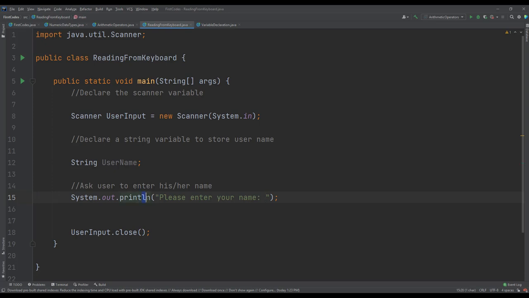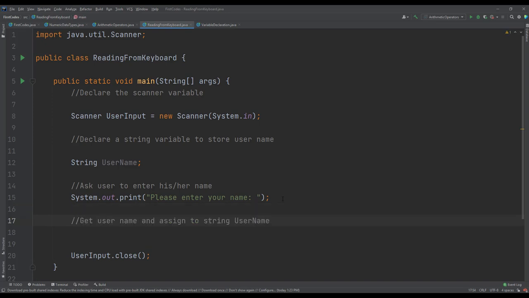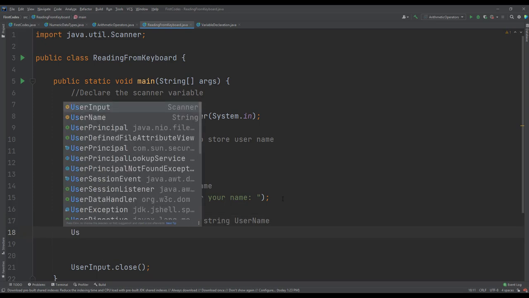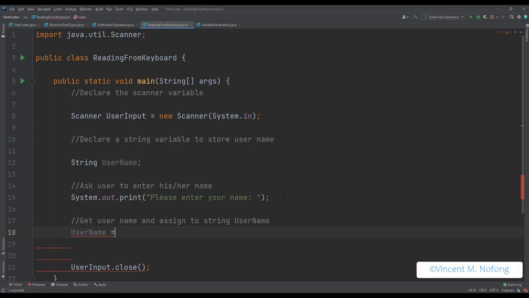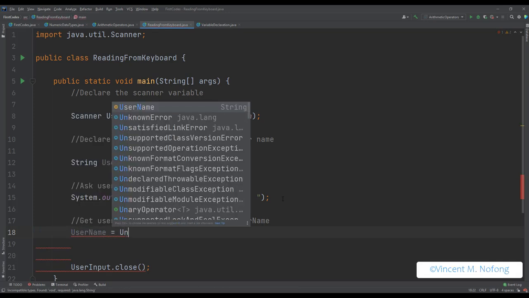And instead of println, I will make it print so that the user will enter the name on the same line where this will be displayed. So now we can use the scanner variable to read whatever the user types in the console and assign that to a string variable called username. So we will simply get the username by saying username is equal to userInput